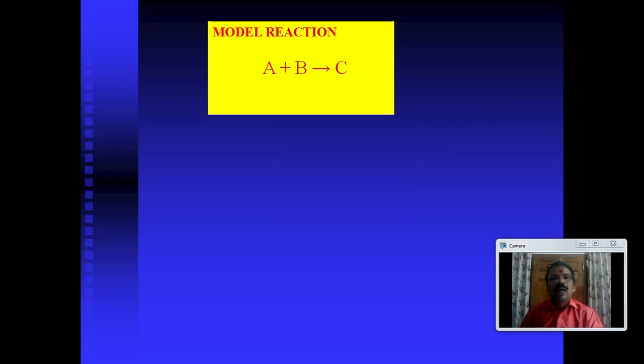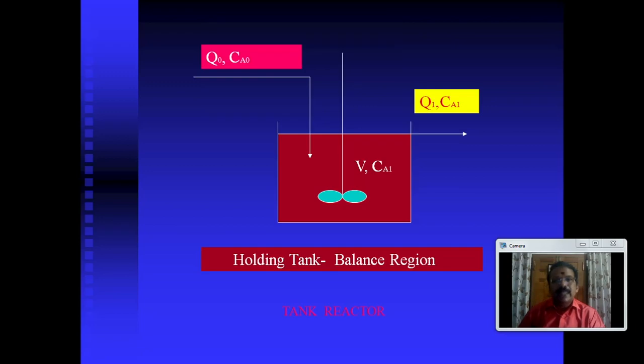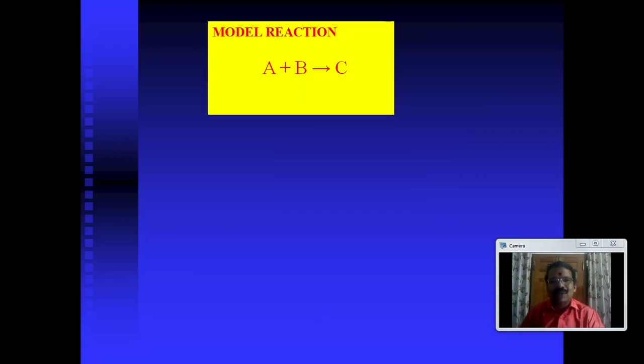Presentation of a tank reactor. So what is going on in this tank reactor? Suppose we want to conduct a chemical reaction in a beaker. The first reactant is filled in the beaker and the second reagent is added and it is mixed. The same process is done in a tank reactor.